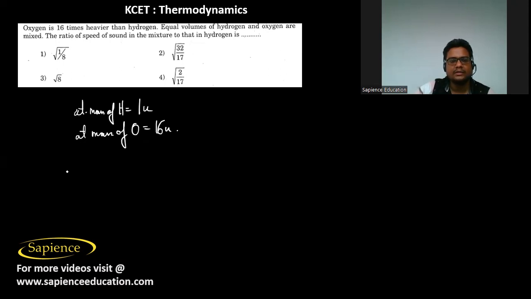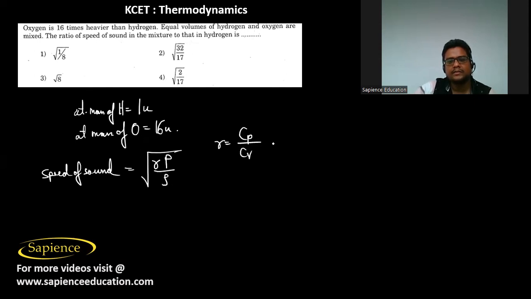So if we take ideal gas, then the speed of sound in a gas is given as root over gamma P by rho, where gamma is the ratio of the specific heats Cp and Cv, and P is the pressure of the gas, and rho is the density of the gas. Or it is also written as root over gamma RT by M. Since we know that PV equals nRT, and n can be written as mass by molar mass. So I can say